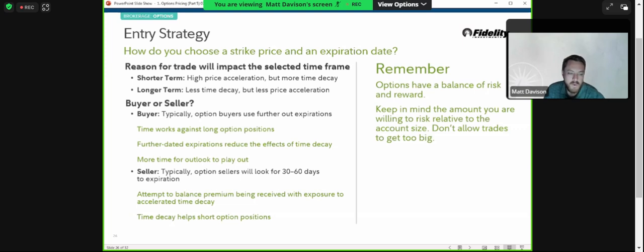And then finally, do I even want to be a buyer or seller? This is really the volatility question, I think. If I had to put one of the terms into this category, it's, well, if I'm a buyer of an option, I'm buying volatility. Basically, what I'm actually saying is the market is pricing in this amount of volatility